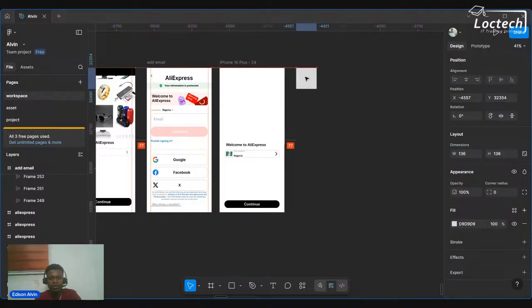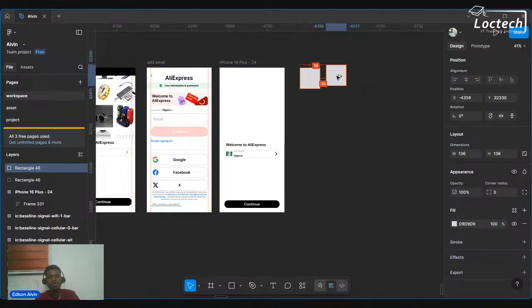Now after I've gotten this first shape, are you with me? To duplicate, you can press Ctrl D. For those of you using Apple, you can press Command D to achieve that. But I'm not using that, I'm using my Ctrl D. If you don't want to use Command D, you can hold your Alt key on your keyboard, left click and drag it out like this. It's going to duplicate. But now I'm not going to duplicate like this. The reason being why is because we want to